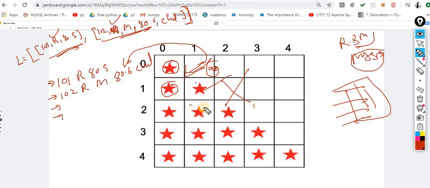But keep this point in mind. In production, or might be inside the interview room, your interviewer says, print this pattern, something like this. He can ask you for this. But I am telling you the real-time use case of why these questions are asked in interview rooms: this type of problem improves your logic building. These are most helpful programs when you are solving any kind of problem.